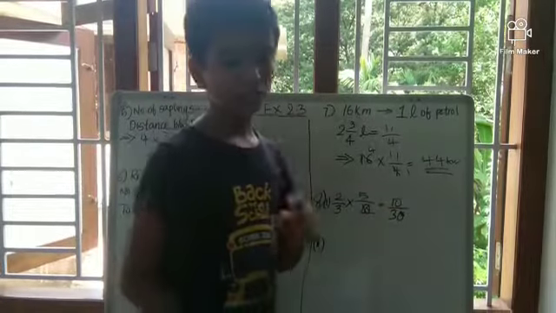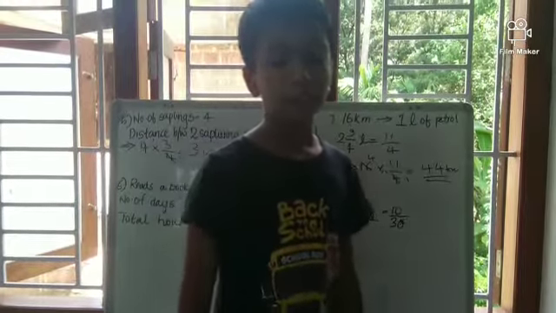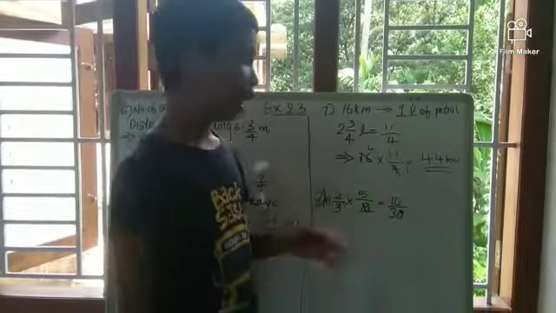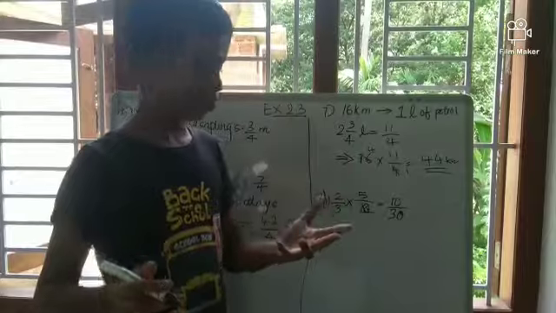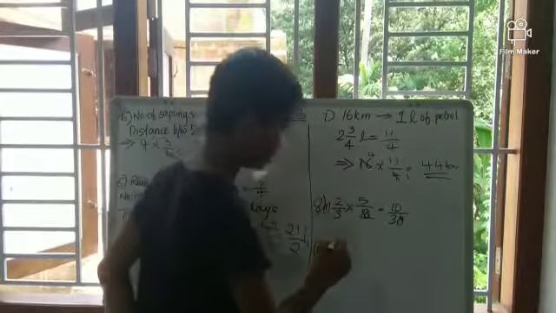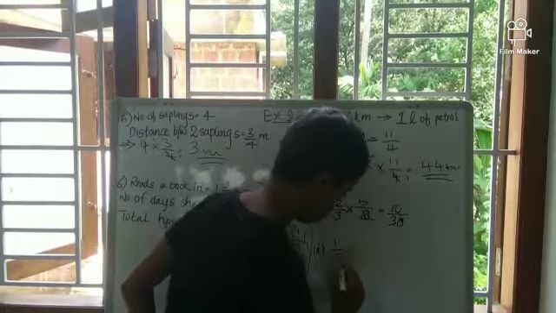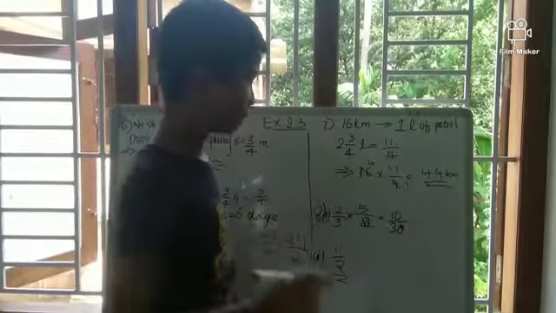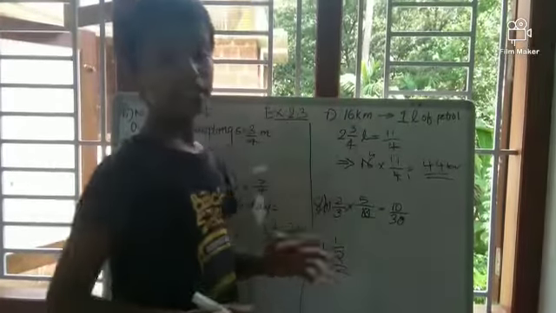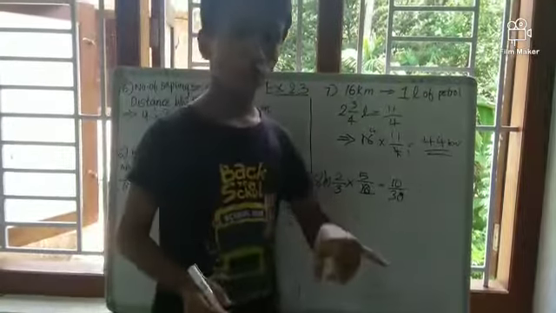Okay. There is one more question, that is, the simplest form of the number obtained. We have to make it simplest. So when we divide it by 5, the answer is 1/2. Okay, the simplest form of the number obtained, that is 5/10, is 1/2. There is one more B question that you will do yourself.